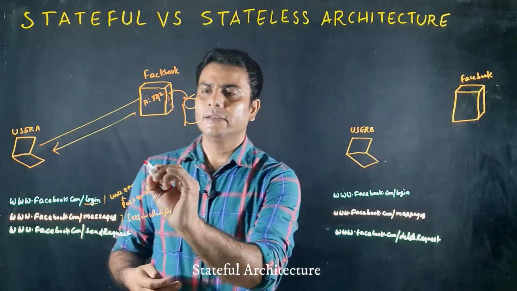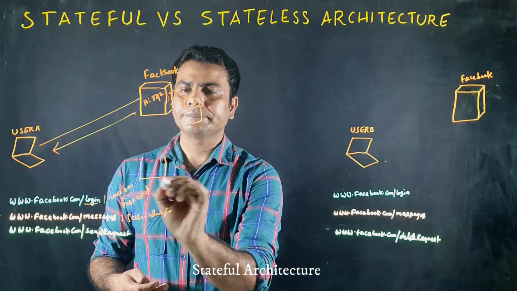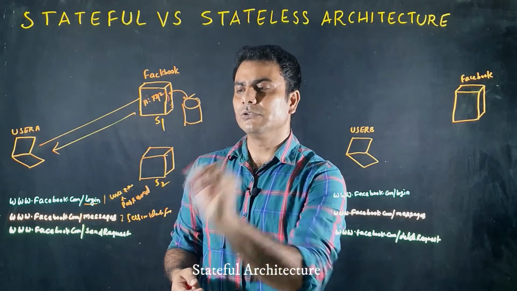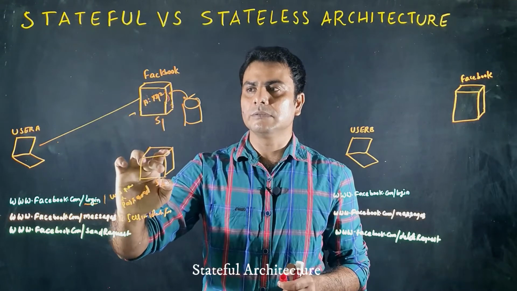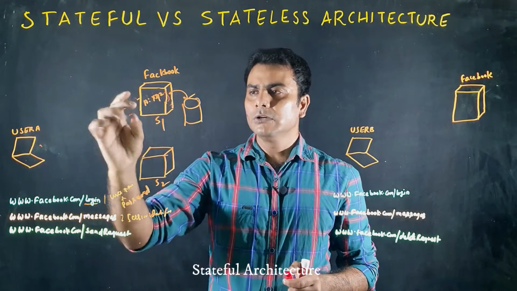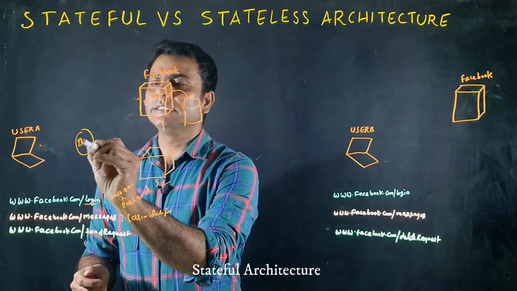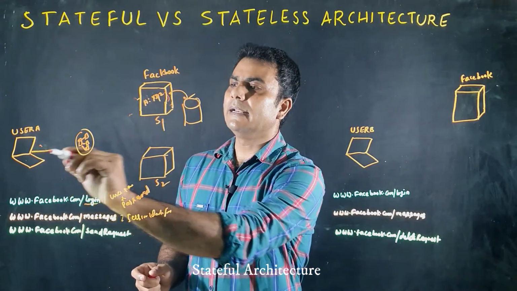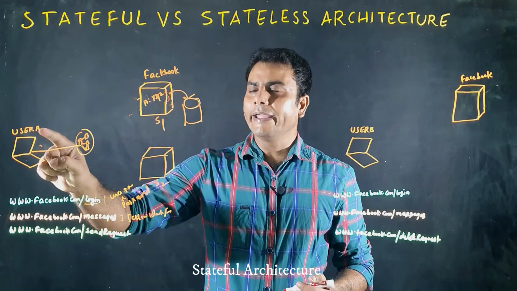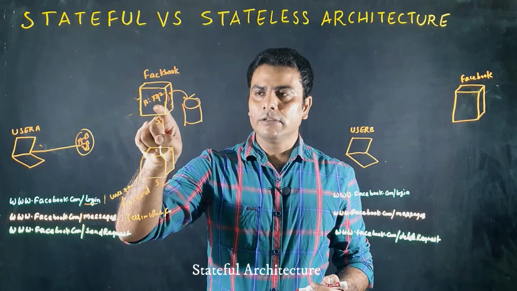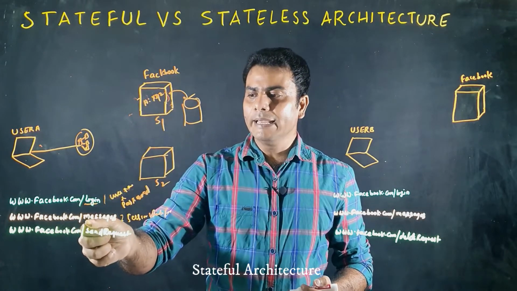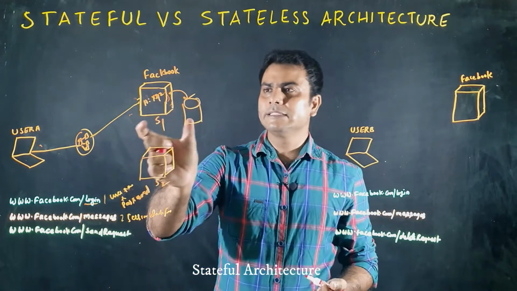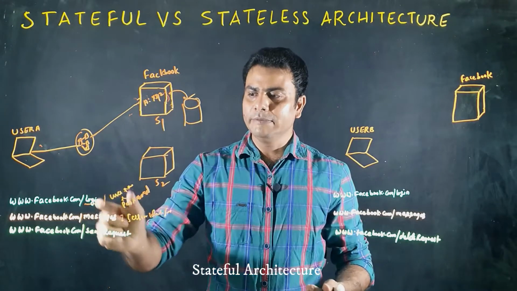Now let us assume that one more server got added here. This is server S1 and this is server S2. So now we have two servers, and we need some kind of load balancer to distribute the load on these servers. This is the load balancer, and now the user will make calls to the load balancer. User A's session data is already created on server 1. So when he makes a call to messages, if the load balancer redirects the request to this server, then this server will happily respond to the user with the messages.